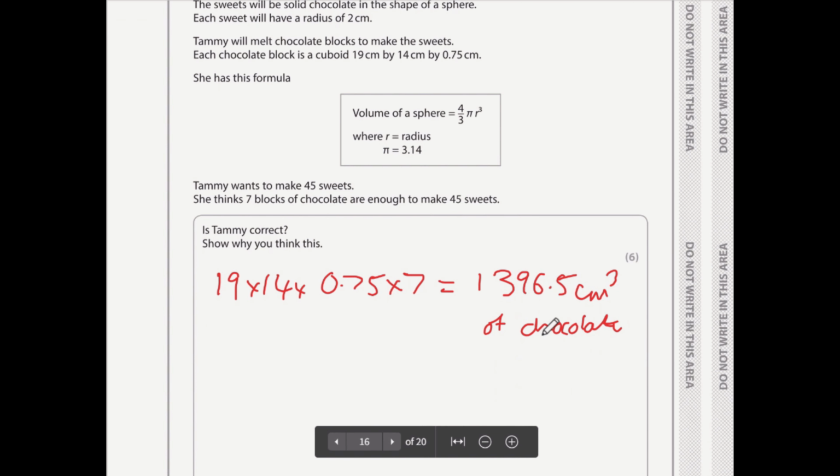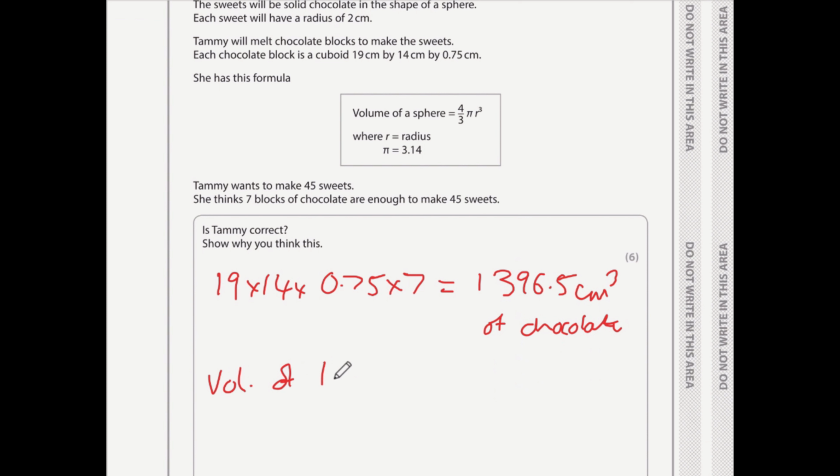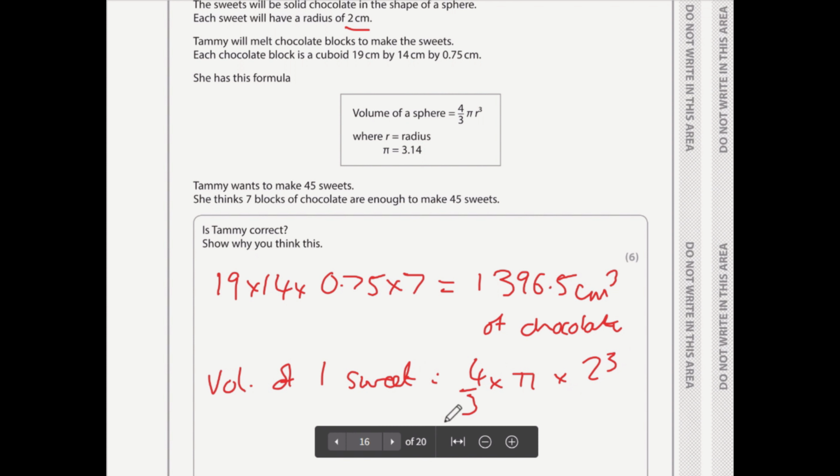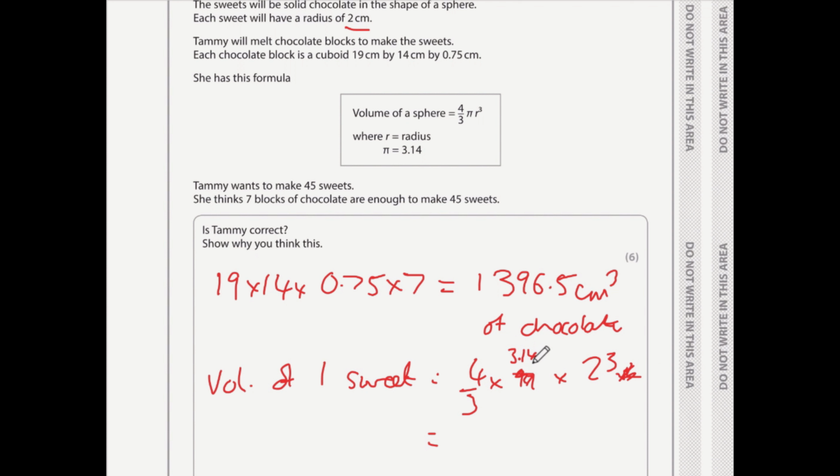Okay, so now I'm going to work out the volume for one sweet. So the volume of one sweet, so that is 4/3 times pi times the radius, which is 2, cubed. And we want 45 of them, so I can simply multiply all of this by, actually I did say one sweet, so let's work that out first of all. Now it does say here that pi is 3.14, so don't hit your pi button. So 4 divided by 3 times 3.14 times 2 times 2 times 2, that comes to